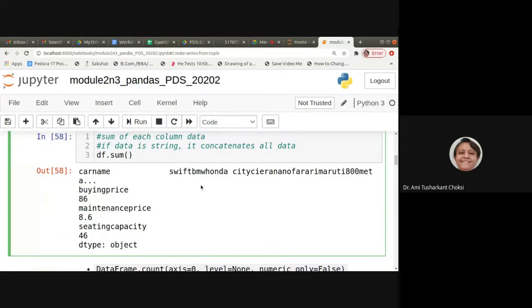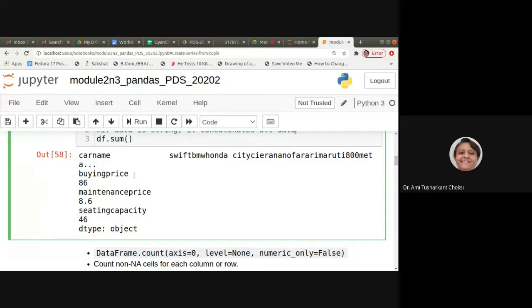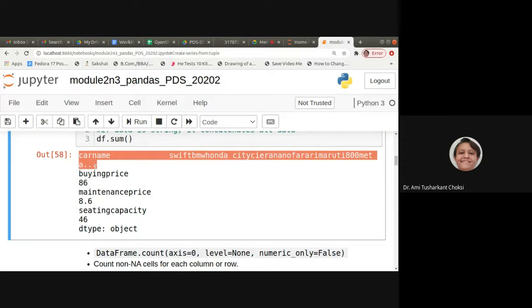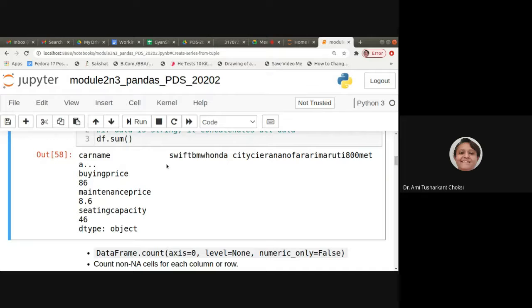So what are we getting? Buying price, for that it is 86. What about car name? Car name is string, so we get Swift, BMW, Honda City, Sierra, all these things. So it has concatenated the values.